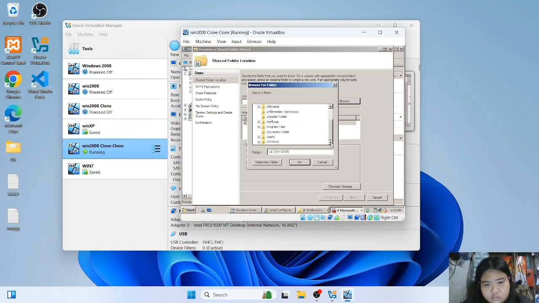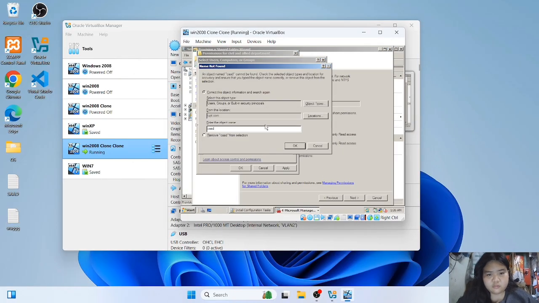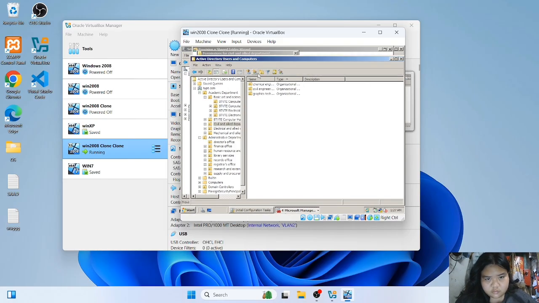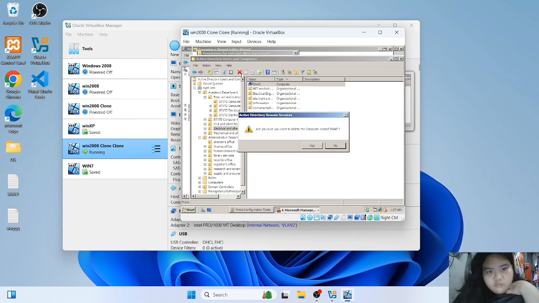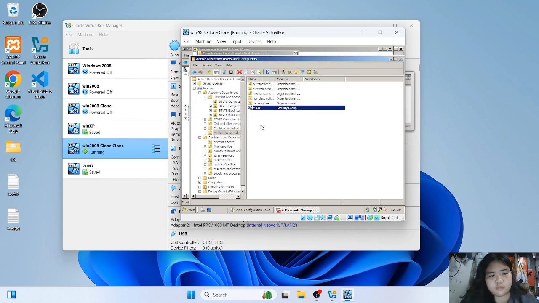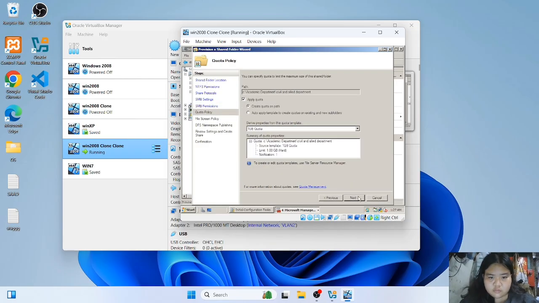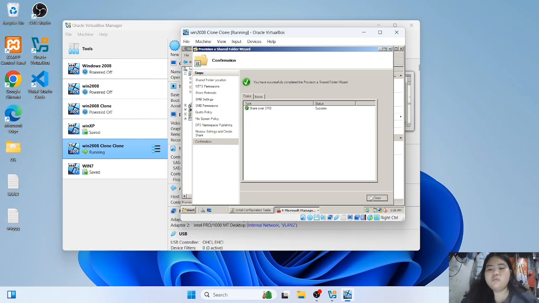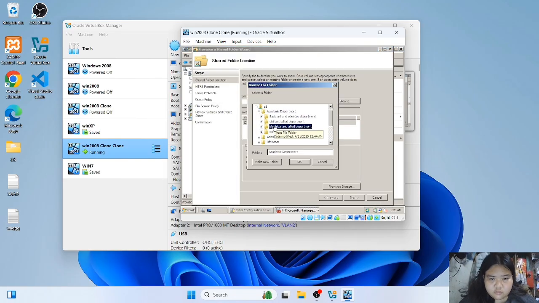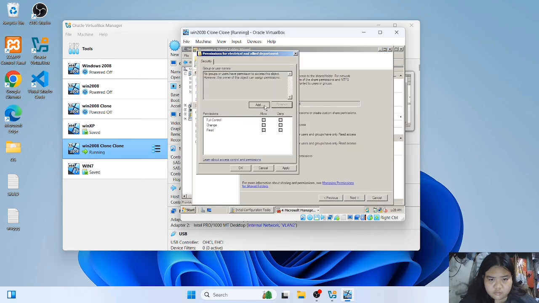Next, we have to limit all folders so that the domain users cannot access the other department folders. We have to set our permission and remove this. Let's add on our object types. We have to check computers since they are our workstations. By doing this step, we're also mapping the share folder to each client workstation. For the academic department workstation, I have named my computer academics. So just add